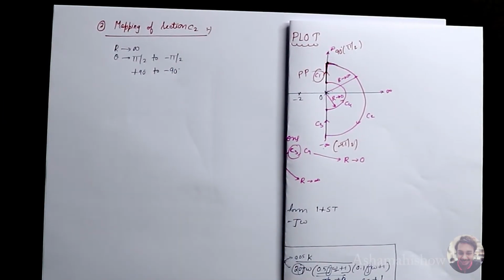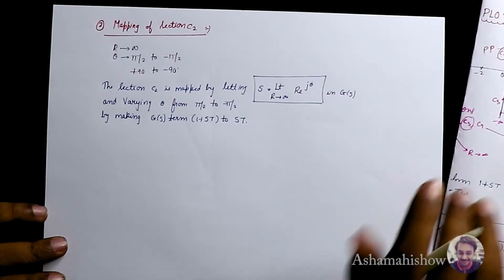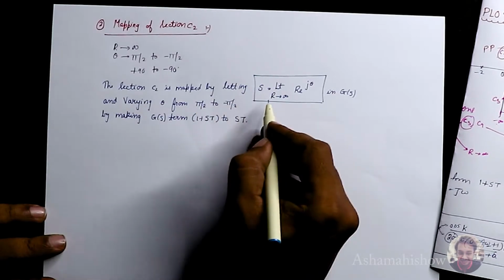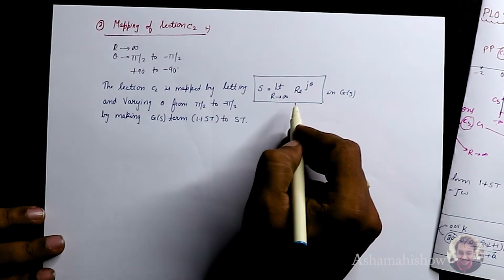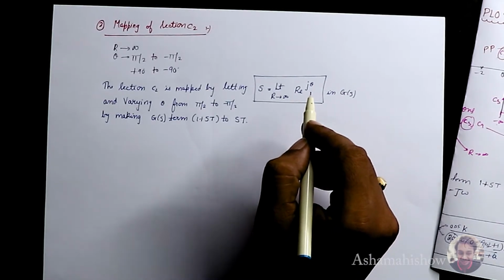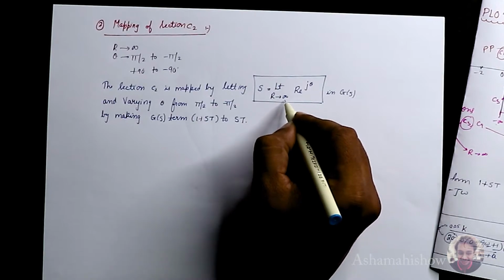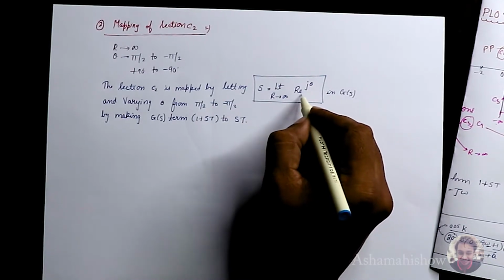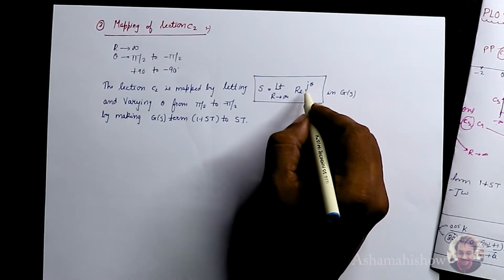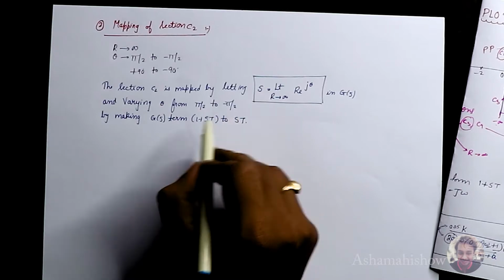Okay, so now I'll tell you how we will get it. See here, the section C2 is mapped by letting S equal to limit R tends to infinity R e power j theta, as I told in the basics of Nyquist plot. So you're limiting R tends to infinity, and then we take an exponential, where j is imaginary and theta is the angle. And we have to vary theta from pi by 2 to minus pi by 2, and you have